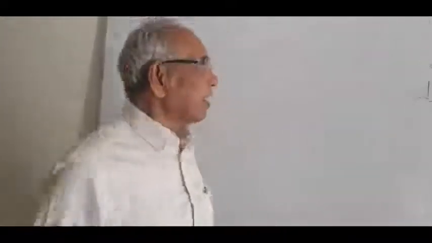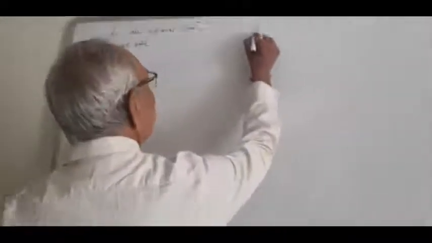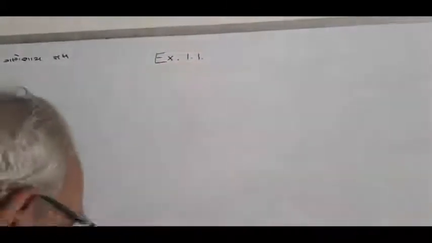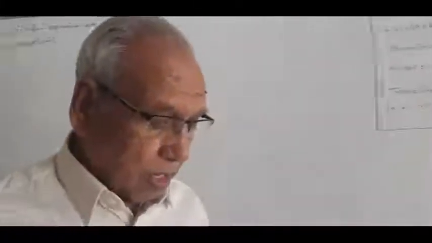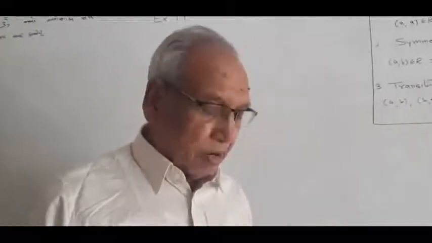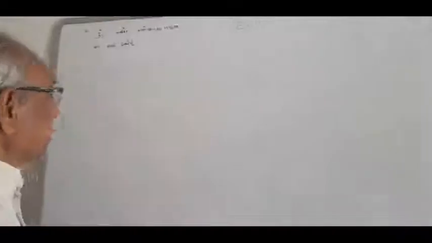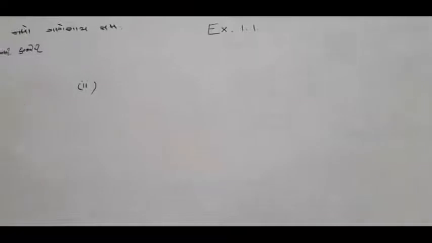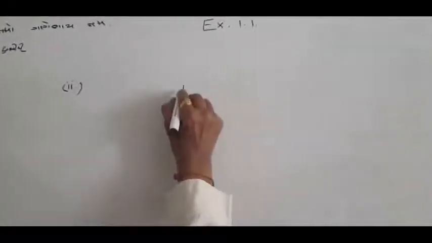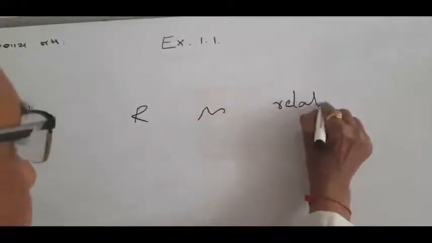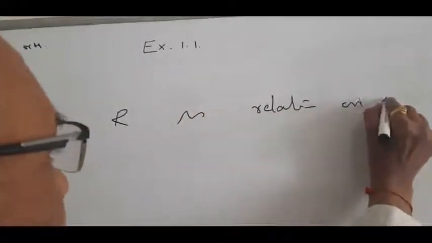Last time we started exercise 1.1 and we have done the first term. In this case, we want to check whether the relation is reflexive, symmetric or transitive. Here in the second sum, they are given R is a relation on N,